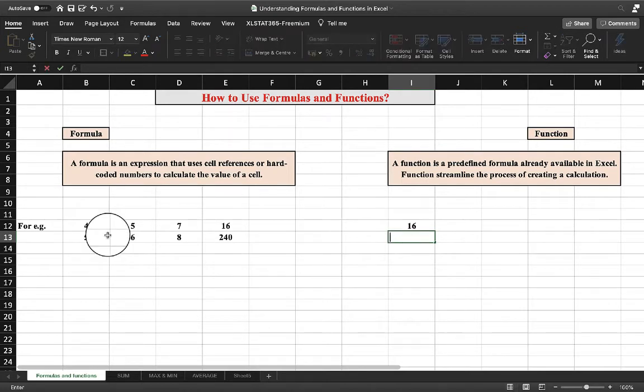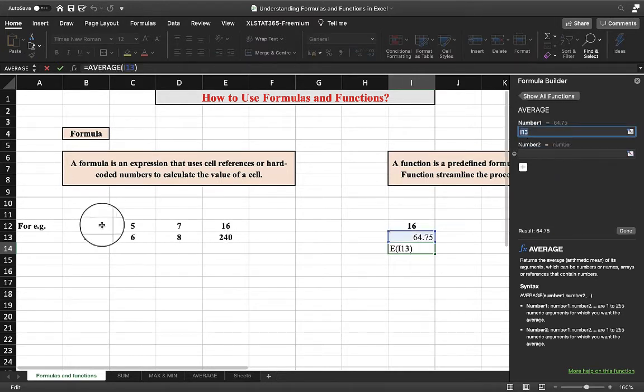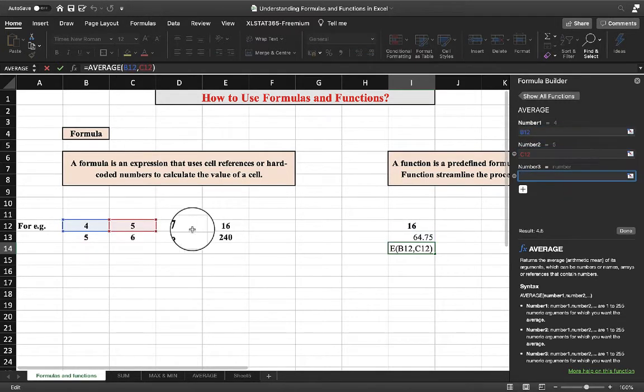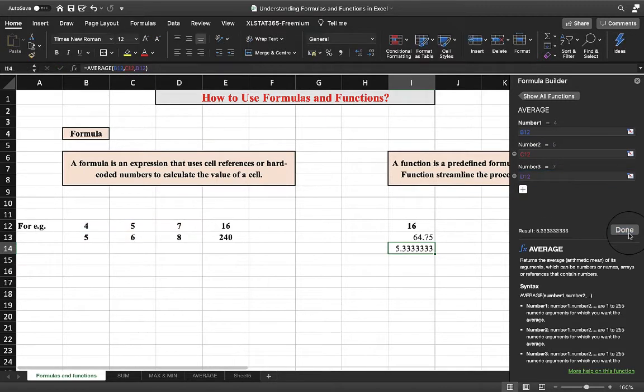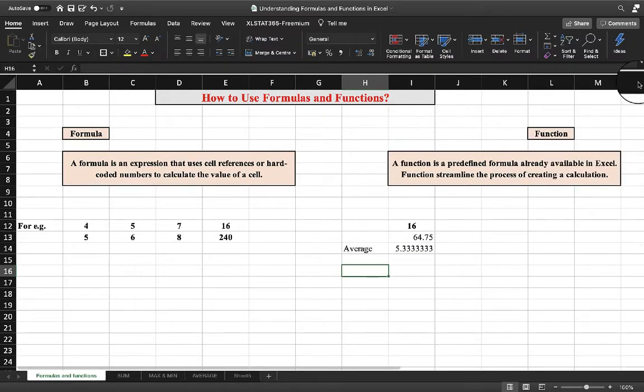Now I'll tell you how to find the function you need. If you want to perform a calculation in Excel and you are not sure what the function is called, you have to follow certain steps to find the right function to apply. You have to click on the Formulas tab. It shows you a list of functions here. Suppose you want to apply average: insert function. Here the number range is open. You just type 4 to 5, add one more and take 7, and you find the average. That is your result here. So this is the way through which we can find the function and apply it in our calculations.